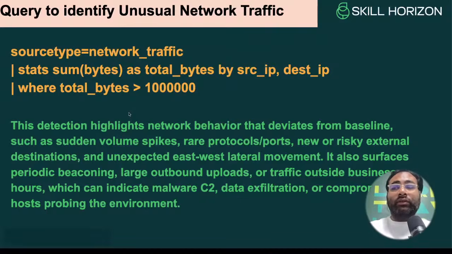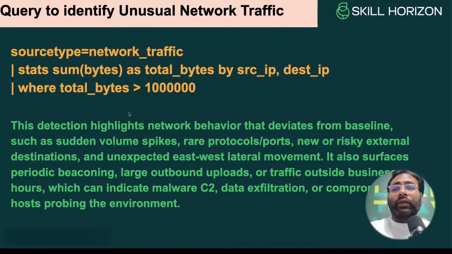Whenever an application is used, the network is basically used, and by analyzing the network behavior from different source or destination IPs and the size of traffic, we can identify if any unusual network traffic is created. So this particular query is sourcetype network traffic, then stats sum of bytes as total bytes by source IP, destination IP, and then a query where the total bytes is